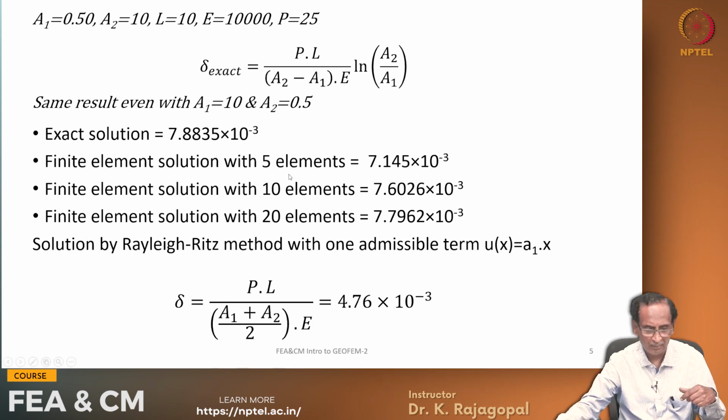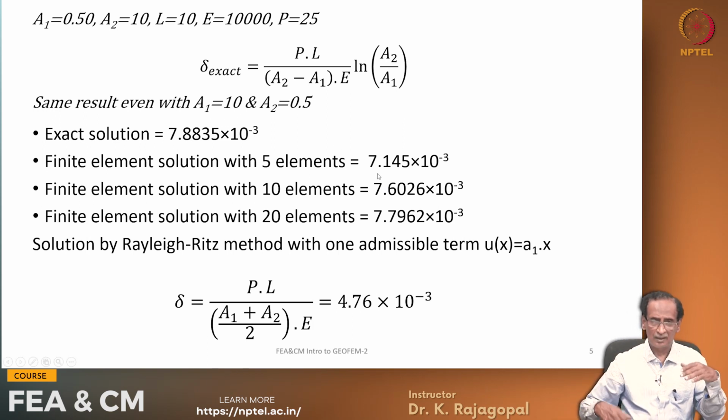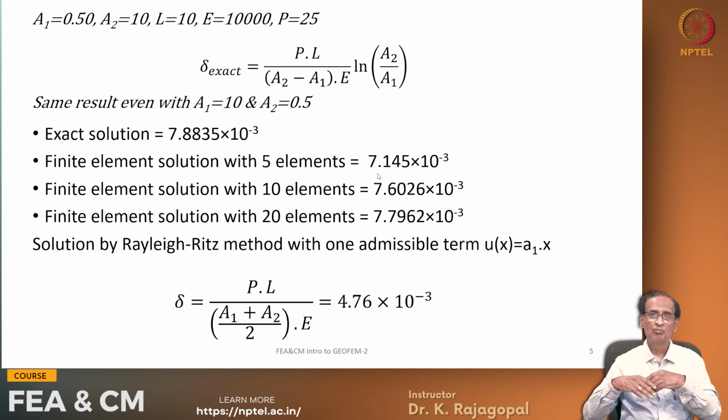With a smaller number of elements we get a lesser displacement. So, in other words, we can say that our response is stiffer. See, with a lower number of elements we are predicting lesser displacements, so that means our response is stiffer. Okay? And as we increase the number of nodes and number of elements, we are approaching the exact